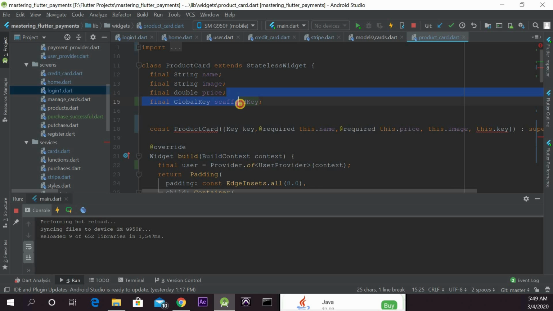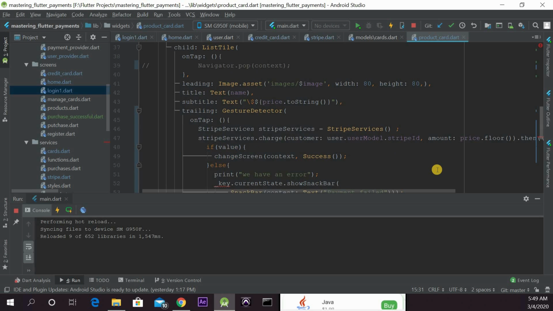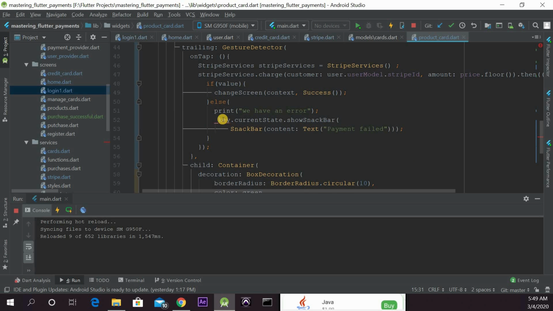So that we don't have any confusion, we'll change this to scaffold key and paste it here as scaffold key. Go back here and